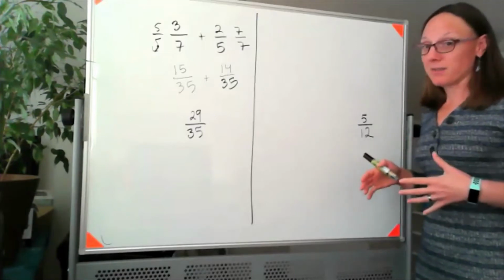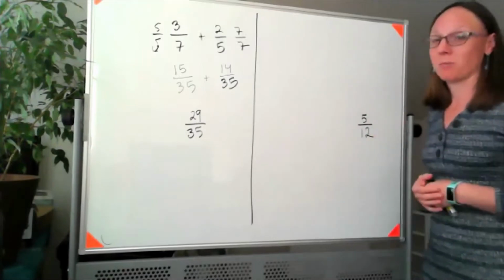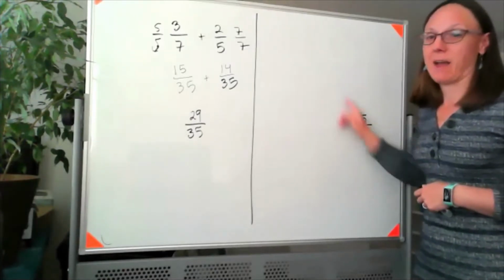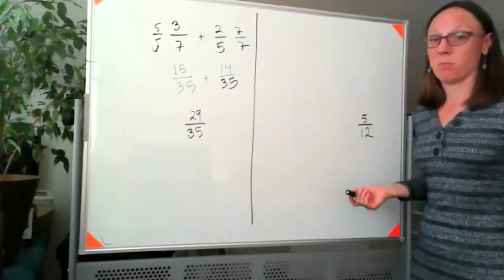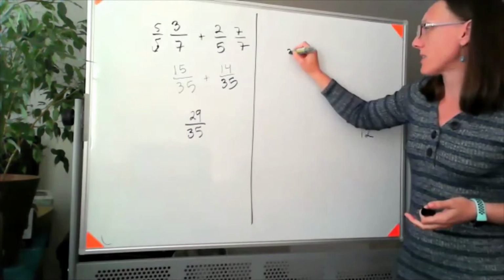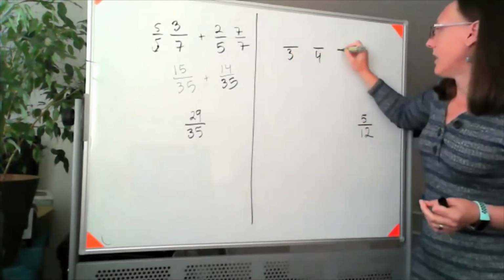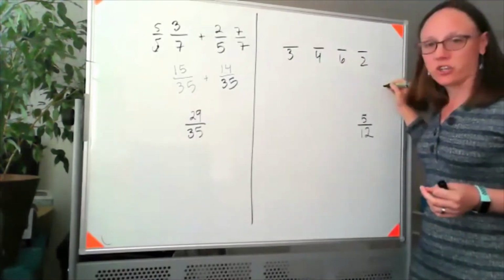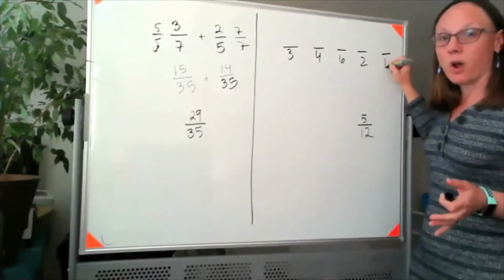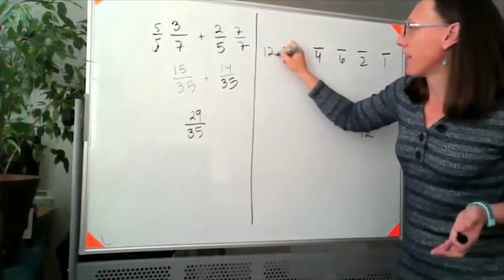So we worked on some fractions, we were adding some fractions, we needed a common denominator. We worked it out, we got 5/12. Now I want to think backwards. What were those possible denominators? I got a 3 as a possible denominator, a 4, a 6, a 2. Yes, technically we could have a 1 as a denominator,